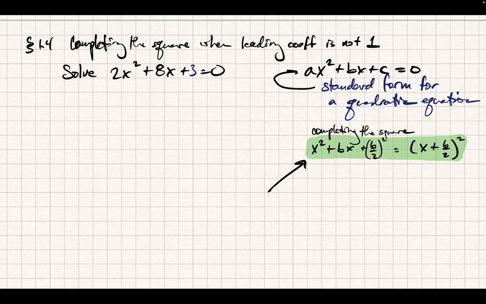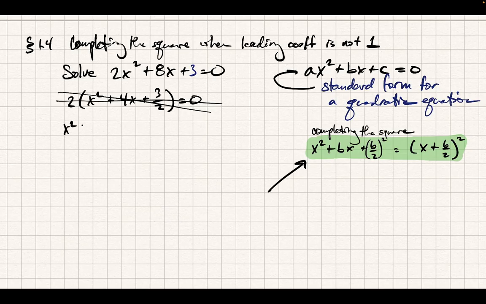So in the context of a larger problem, I do have the option of factoring out 2. What would that leave? X squared plus 4x plus 1.5, or plus 3 halves. So that's one option. I could factor it out if I needed to carry it forward, like if I didn't have 0 on the other side. But I do have 0, so I can just divide both sides by 2, which gives me